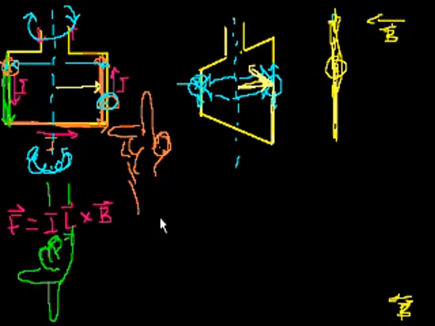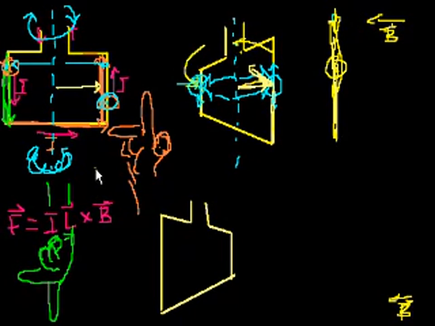I'll draw it neatly. Then it'll rotate to this point. Once again, I want to have the perspective. That's perspective. It'll rotate here. So let me just make sure I have it all. Here it was rotating in this direction and in that direction, right? And then here maybe there's no longer any torque on it, but it still might be moving on the top to the left and on the bottom to the right, up to a point that it's going to get into this configuration where this side